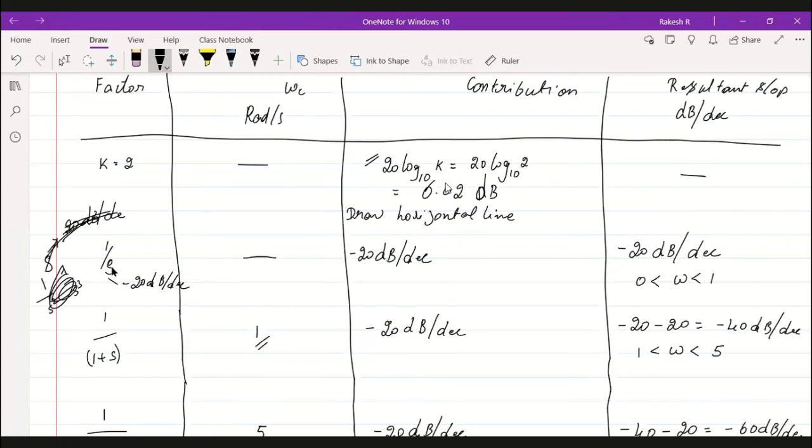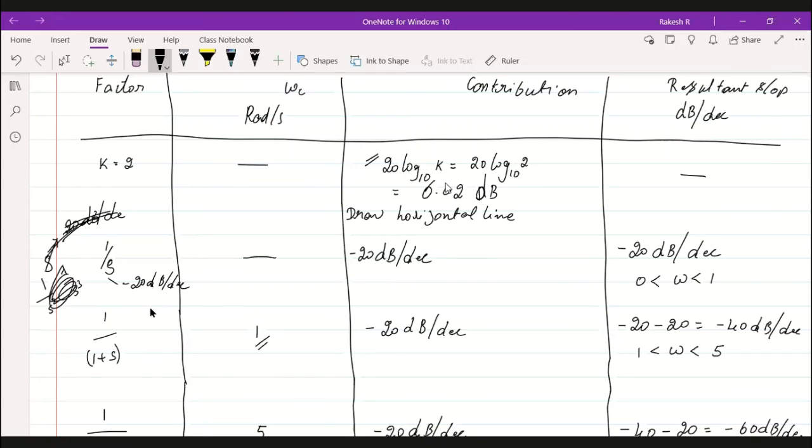Right now, we have the slope of this one, a pole at origin. So that is minus 20 dB per decade, and this doesn't have any T term, so we will not have any corner frequency. The resultant slope is the same as whatever contribution we have. That is minus 20 dB per decade line, and for that we need to write down the range. The range is what? The corner frequency. We don't have any corner frequency, so I have taken it as 0, till the next corner frequency. The next corner frequency we have is 1. See here, the next factor is 1 divided by 1 plus S. For that we have the corner frequency as 1. So that will be the range here.